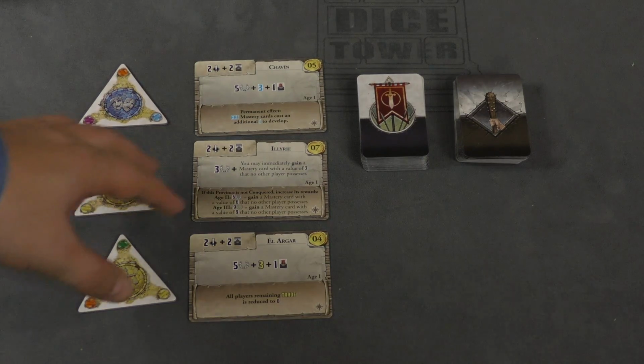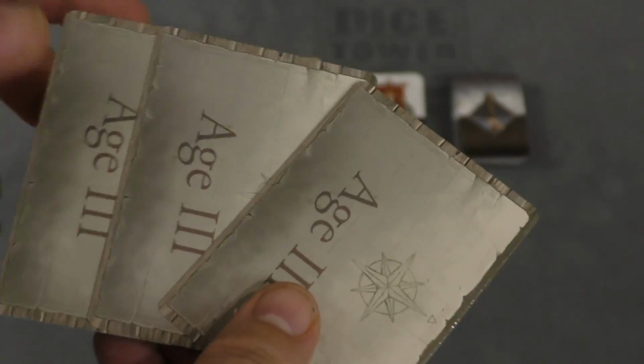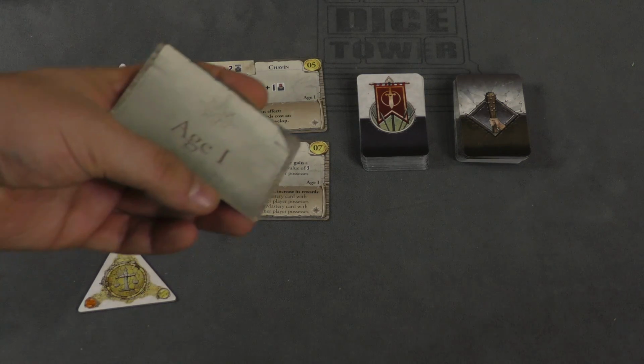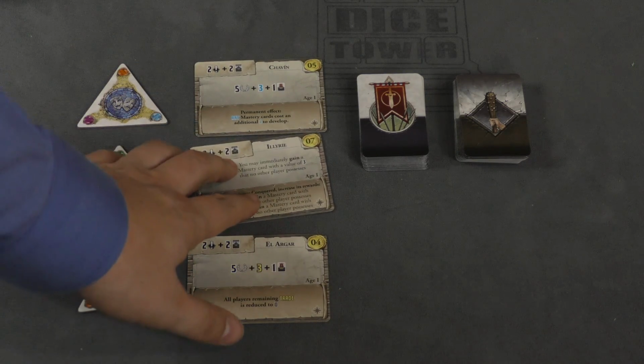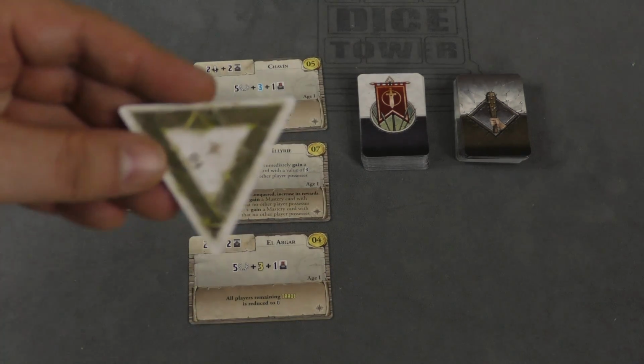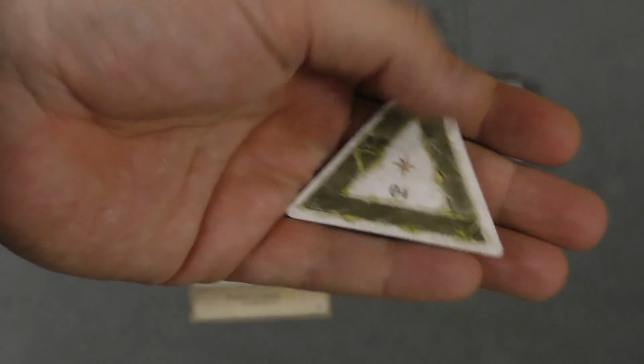In this expansion, you're going to be adding provinces. There are different provinces that you can add, and you're going to have them 1 per player per age. Well, they'll change per age if they've been conquered. So let's say I'm playing a 3-player game. I'd draw 3 random age 1 cards, put them here. Each province has a number. For that, I find the corresponding tile that has that same number on it, and I'm going to place that